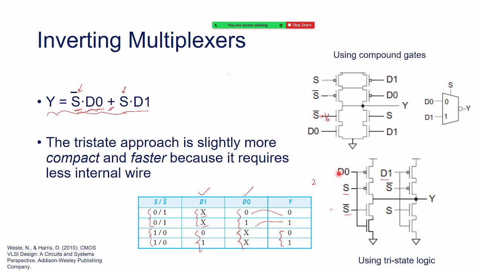Simple. See, D0 is the single wire coming, and I am taking this wire to the upper PMOS and the same wire to the bottom CMOS. So this is the one wire. For D1, this is the second wire. And for S and S common, third wire, and S bar and S bar, this is the fourth wire. What about these wires here? S and S, one wire,